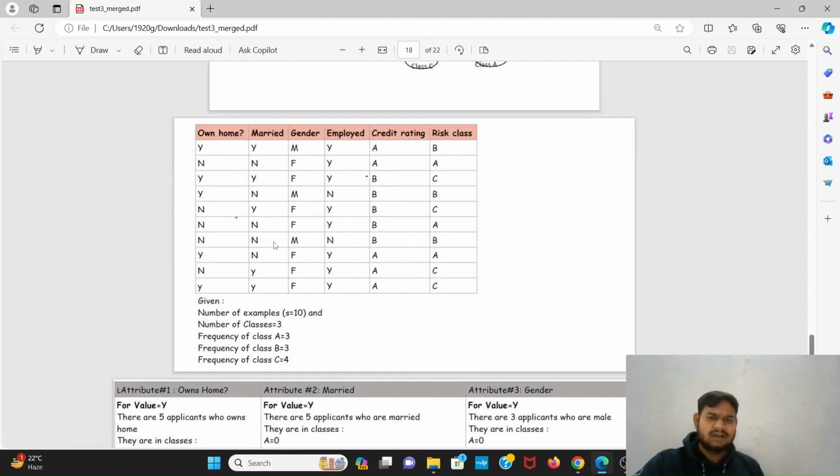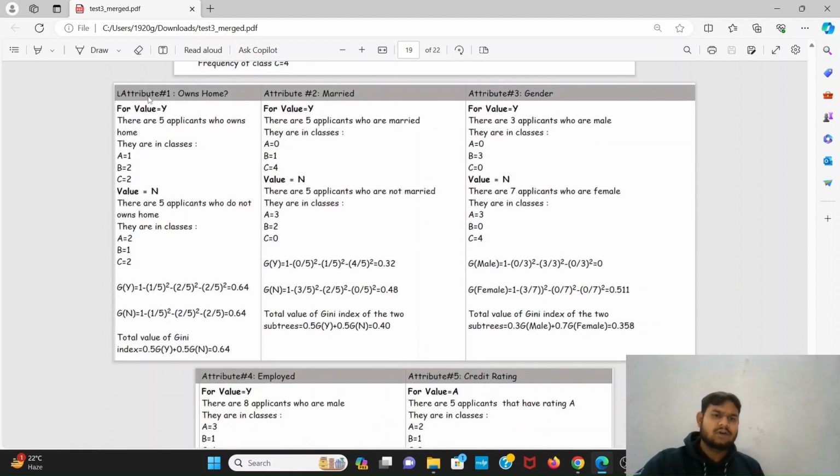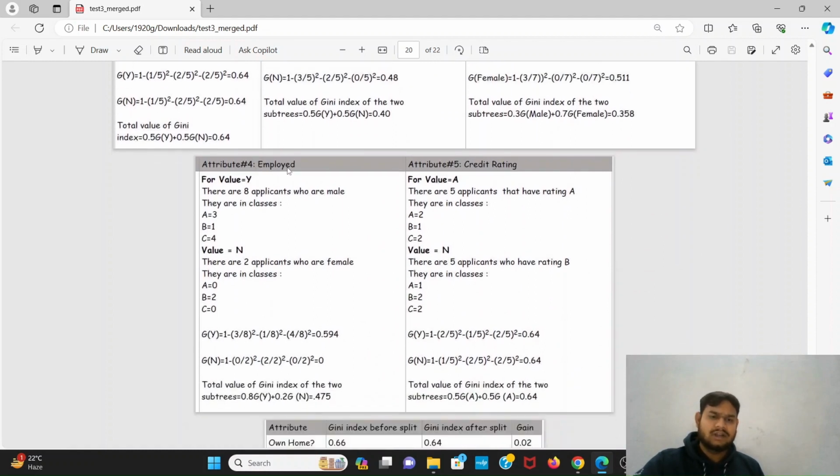Now let us find it using the Gini index method. Given number of examples S equals 10, number of classes equals 3, frequency of class A equals 3, frequency of class B equals 3, frequency of class C equals 3. The total Gini index for the attribute owns home is 0.64. For the attribute married, the Gini index is 0.40. For attribute gender, the Gini index is 0.358, and for attribute employed, the Gini index of two subtrees is